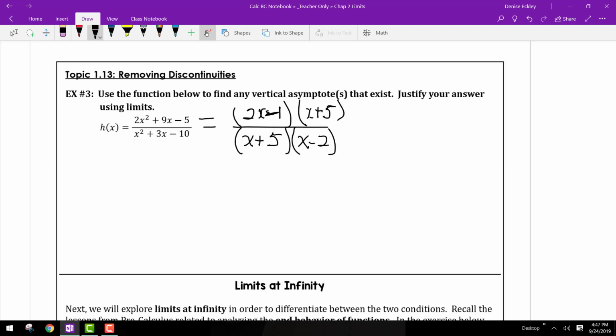So we can see here we have a common factor. So we get that h of x is 2x minus 1 over x minus 2. So what we can say, x equals 2 is a vertical asymptote